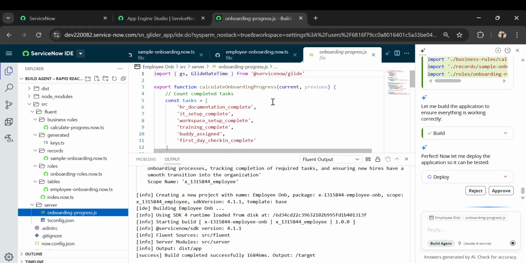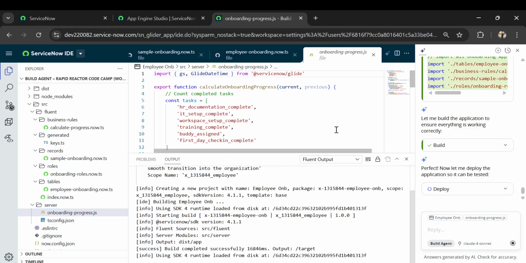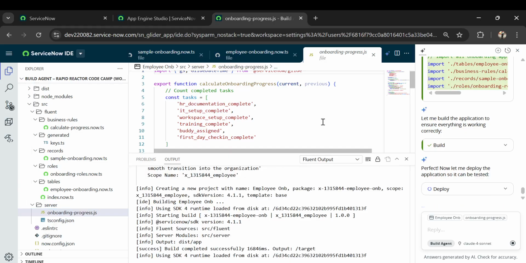But think about the business user, the person who does not need to go into the code. They can simply come, write the prompt with the requirement, and get their app working. So it is waiting for my input now for the deploy part. Everything is done, however the deploy part is not yet done. If I approve it now, it goes and deploys the app